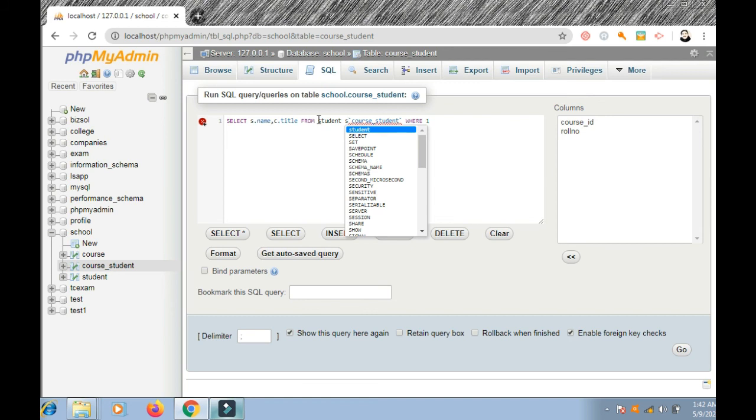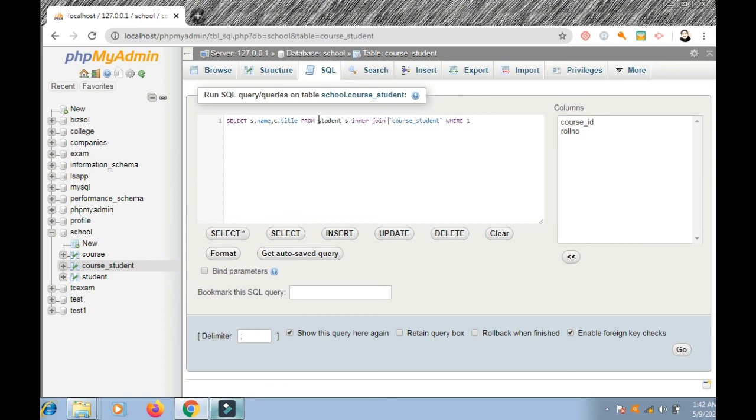And now what we will do is select the rows. How to select the rows? We use S for student, S dot name, and C dot title, course dot title.